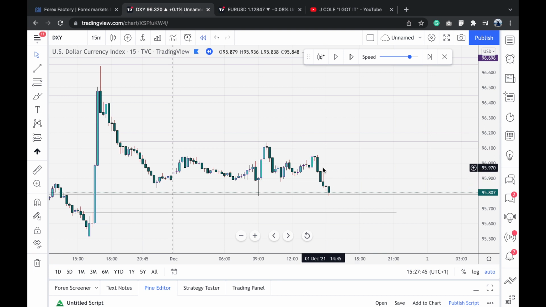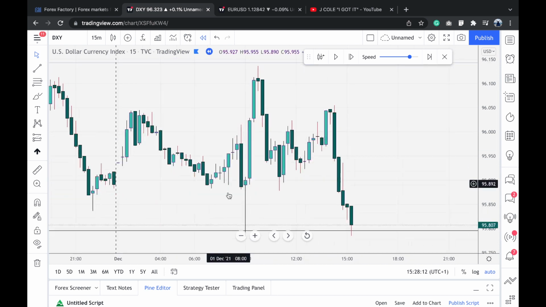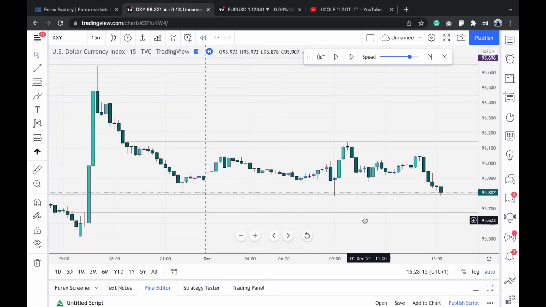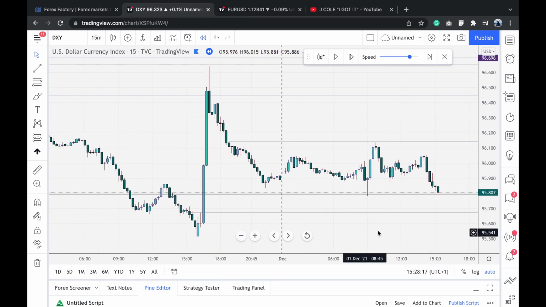And then I will use other confirmatory tools to verify to me that, okay, maybe we want to reach for this inefficiency. But if we do trade through this, then I'm allowing for a run down to closing on this inefficiency because that is still within the daily bullish order block. So I'm giving leeway to this and saying, okay, you could do anything you want, but I'm not going to take any action because I don't want to jump in price early and then be in drawdown, especially with news coming out